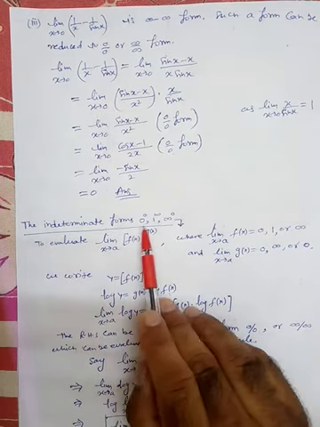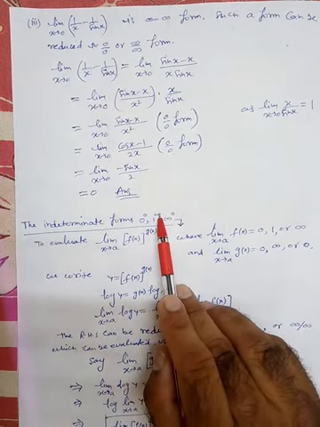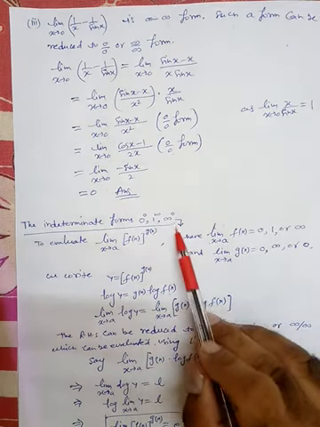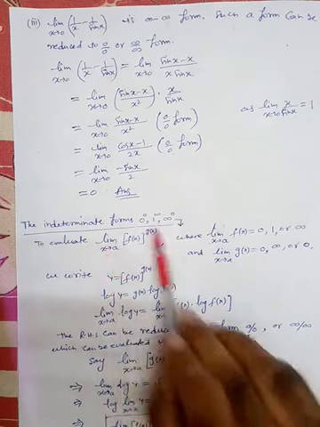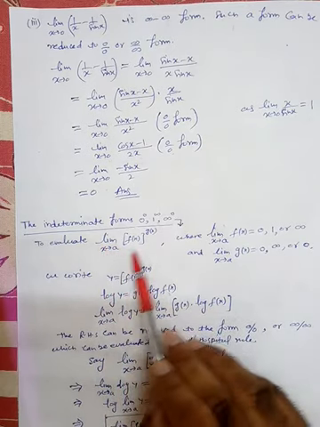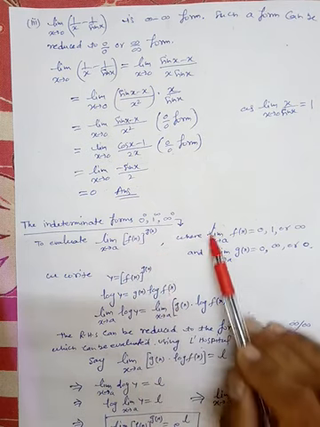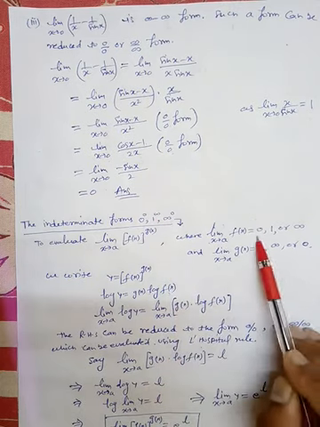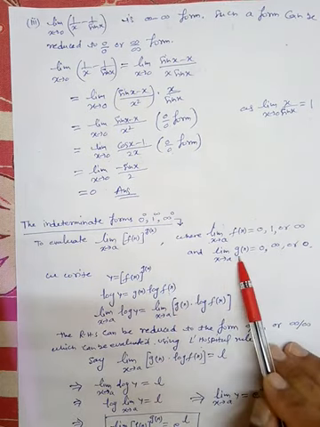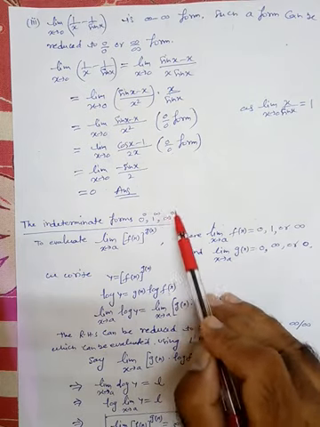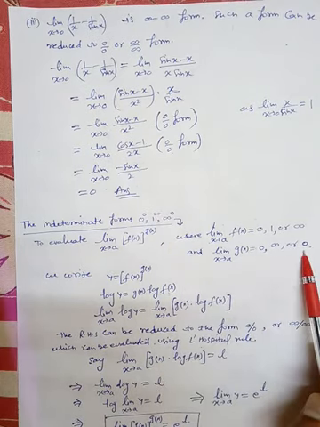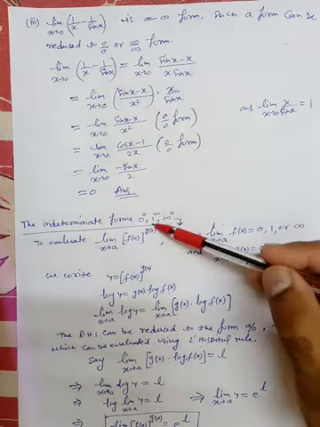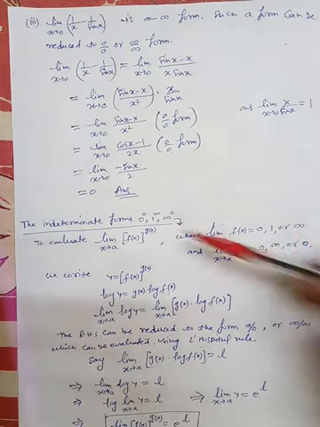Now we have a few other indeterminate forms, as we have already discussed earlier. The indeterminate forms of 0 raised to the power 0, 1 raised to the power infinite, and infinite raised to the power 0. Okay, to deal with these, we have taken the general form. So limit x tending to a, f(x) raised to the power g(x), where limit x tending to a of f(x) may be 0, may be 1, may be infinite, 0, 1 or infinite, and limit x tending to a of g(x) may be 0, infinite or 0. Okay, so we have taken the associated cases: 0 0, 1 infinite, infinite 0.